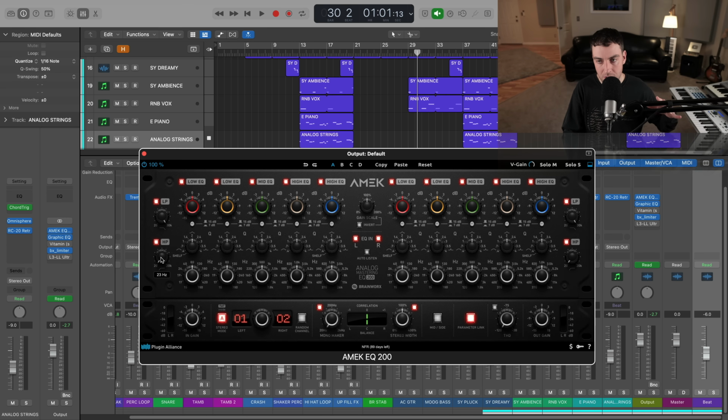Some of this stuff is just going to make our limiter or our maximizer work harder once we get there. So I'm going to park this at about 23 hertz, 24. Don't want to go too far above that, because we don't want to cut out a lot of our extreme low end. And then I'm also going to go over to the low EQ,